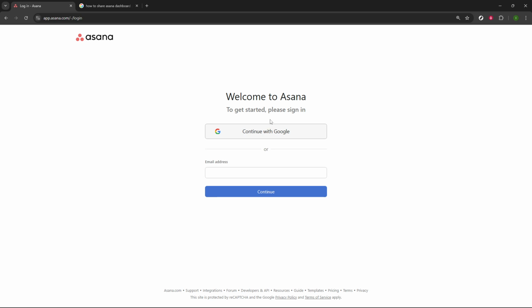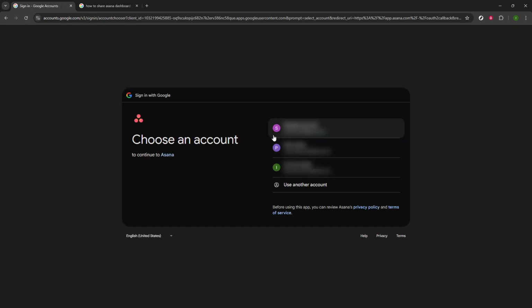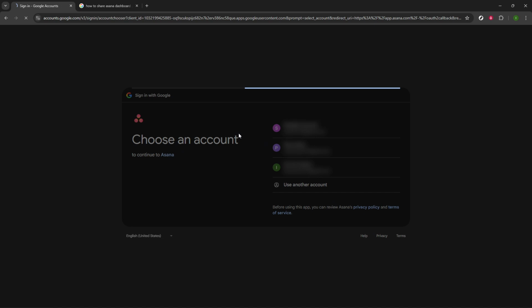Start by opening your browser and heading to Asana's login page. On the sign-in screen, choose Continue with Google if that's how your account is set up. Select your Google account to complete the sign-in. If your team uses single sign-on, this will get you right into your workspace so you can move straight to